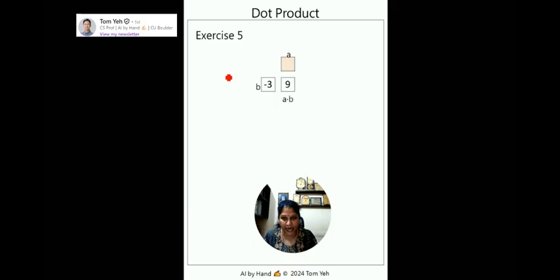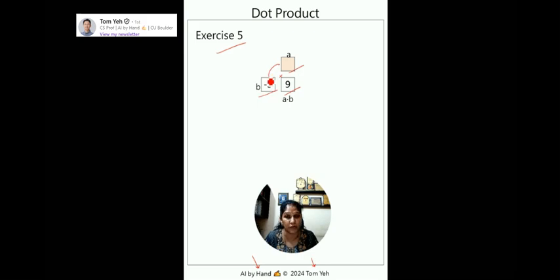Now, here we are in exercise 5 taken from the book AI by Hand by Professor Tom. Dear friends, here we have vector B, which is the negative number -3, and vector A is missing. Kindly observe, when we have the result, we need to multiply the corresponding entries and then add.